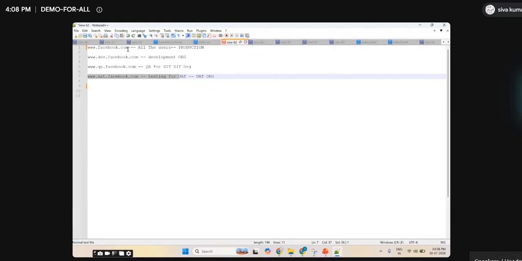So why I'm asking is, if you want to develop any application in PHP, Java, or .NET, you need to download it to your local system. You will develop it and create a jar file, or for C, you will create an .exe file, and deploy it to the org. It will be deployed to the dev org, then QA, then UAT, and the same thing will be deployed to production. Is it clear? That is how traditional software works.